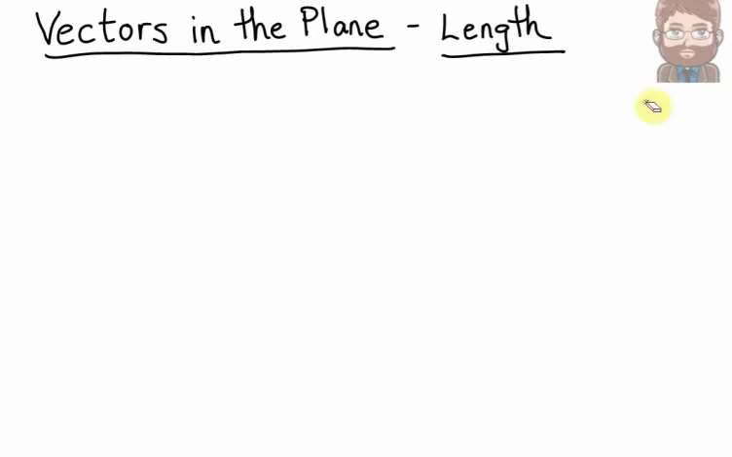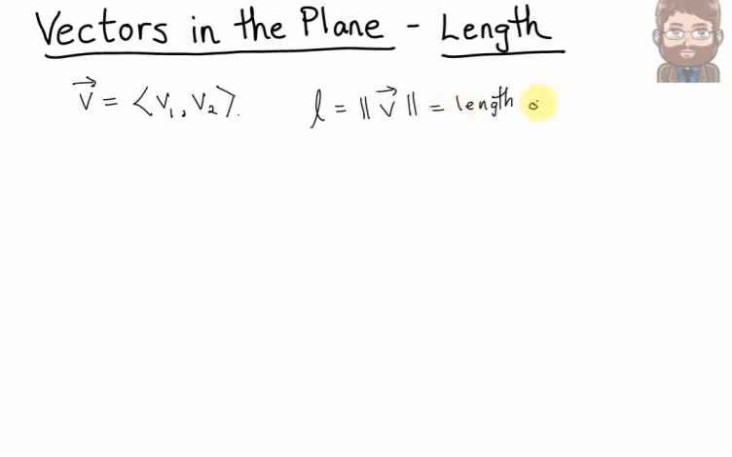Vectors in the plane. Previously, we talked about what it means to graph a vector and different vector operations. Now I'd like to talk about properties of vectors, such as length. Let's start with a vector v with components v1 and v2. We'll let L denote the length of a vector. Sometimes we also write the length of a vector with double bars. Kind of like absolute value gives you the magnitude of a number, double bars give you the magnitude or length